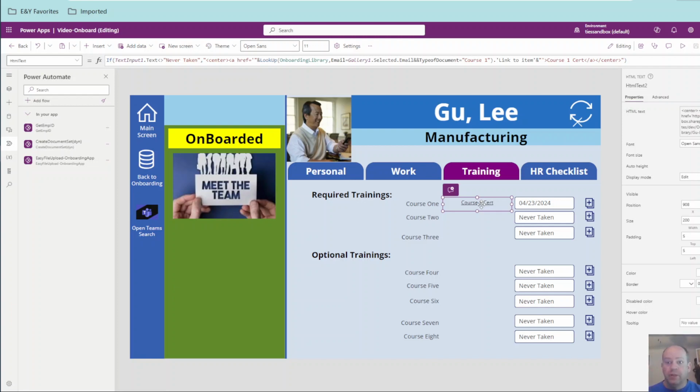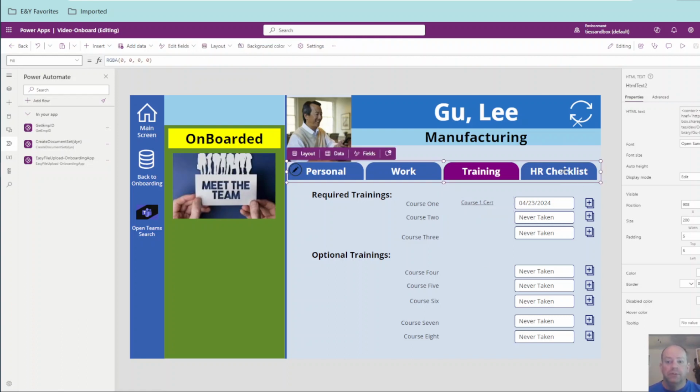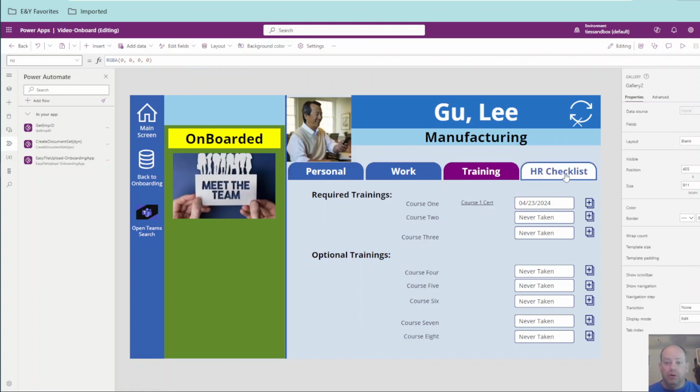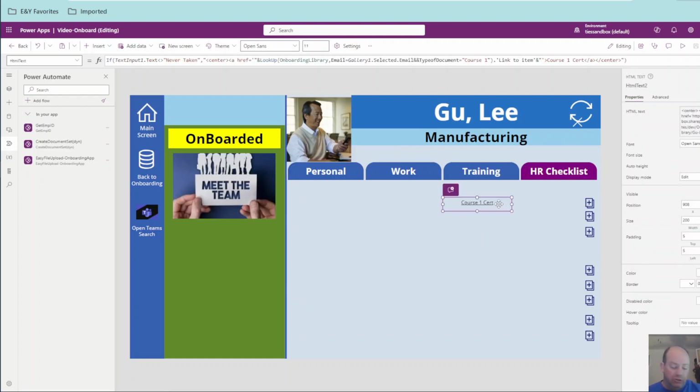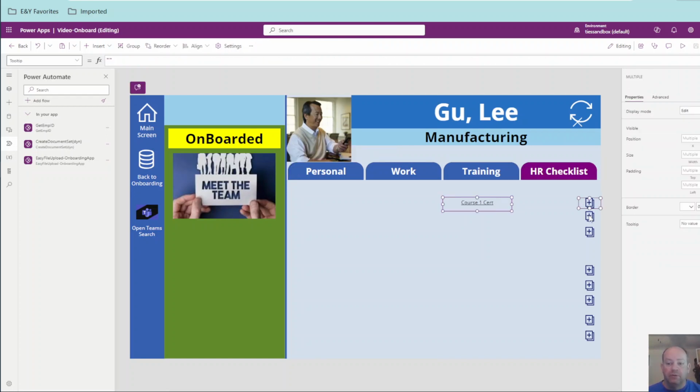All right, now last tab, HR. This is mainly for your HR checklist. Okay, so this is one way you can find out if you forgot to do something. Each one of these boxes you need to control click it,